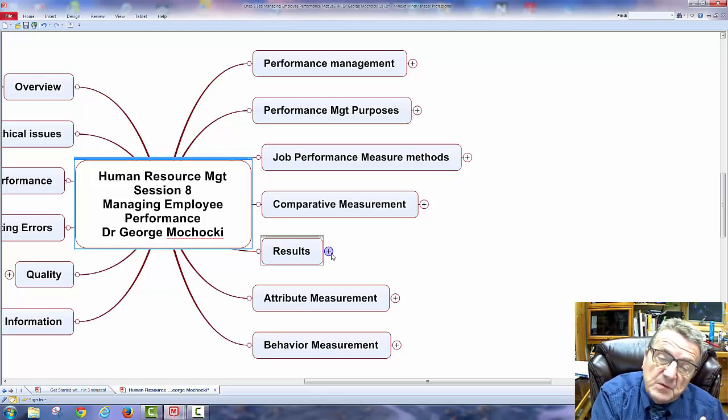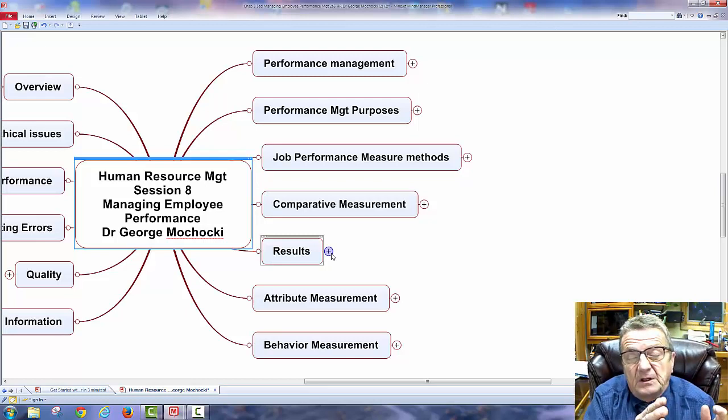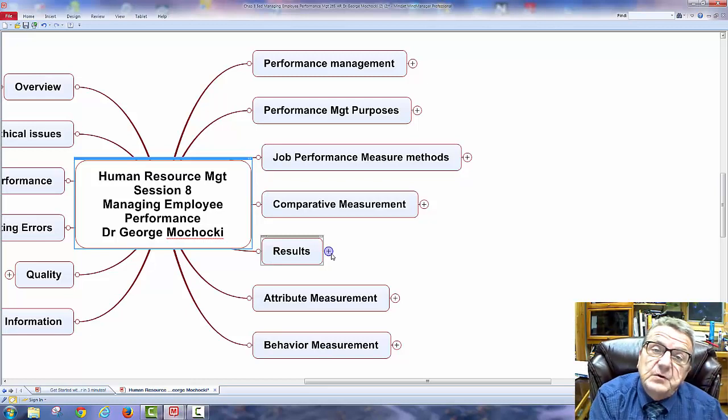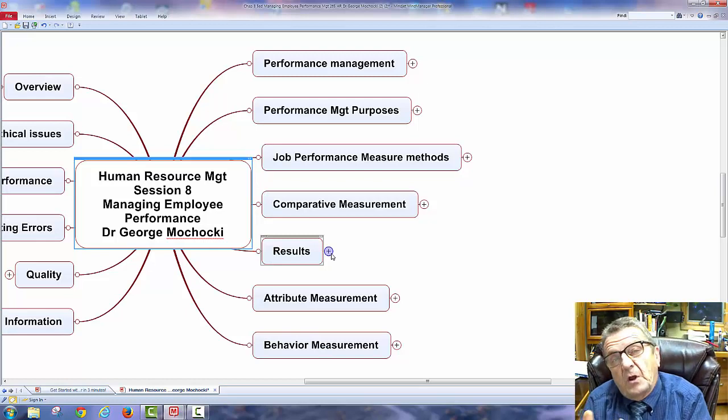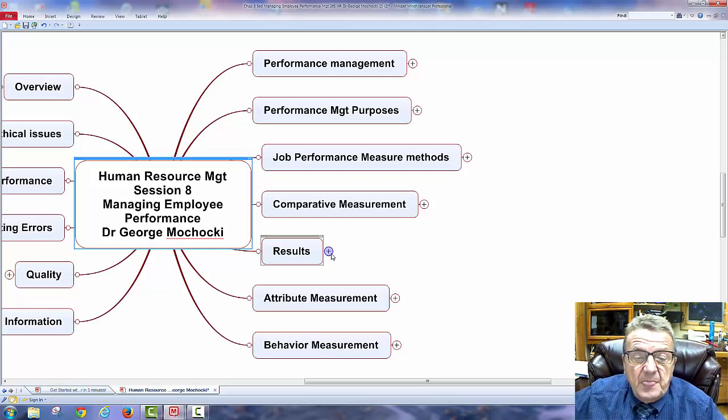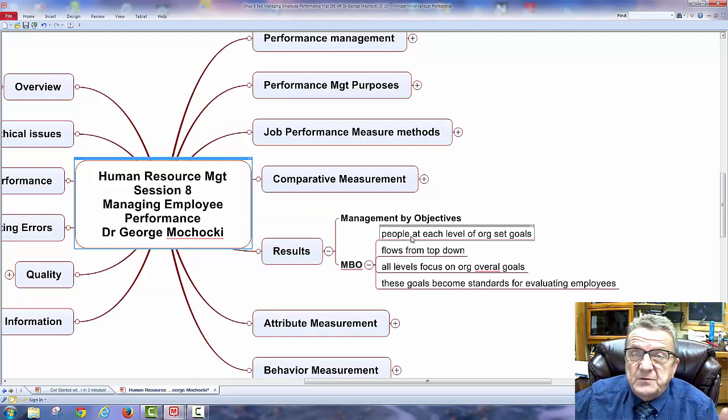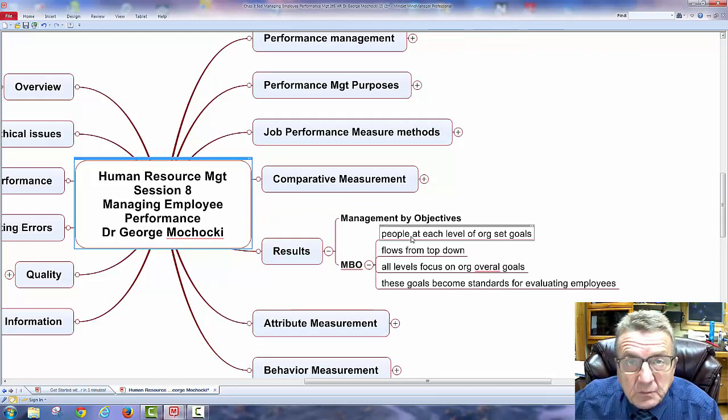Some will learn within 3 months, so they may get a higher raise after the 6 months evaluation. Others may take the full 6 months and then are still very effective as those who learn in the 3 months. It just takes them a little bit longer. So we have different learning curves, okay? So then I'm looking at the results, management by objectives. There's always a goal. What is the goal? If I don't achieve the goal, I do not get a reward, right?